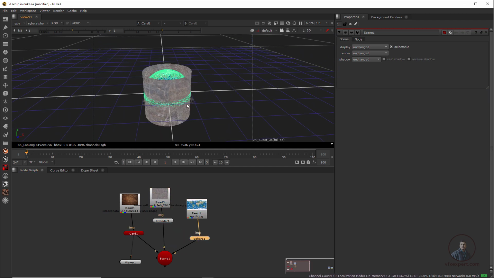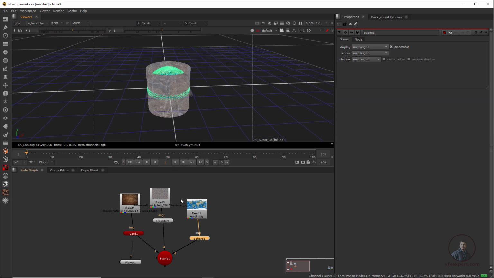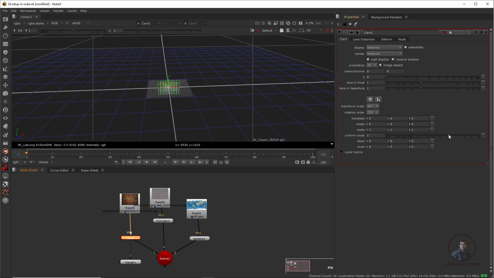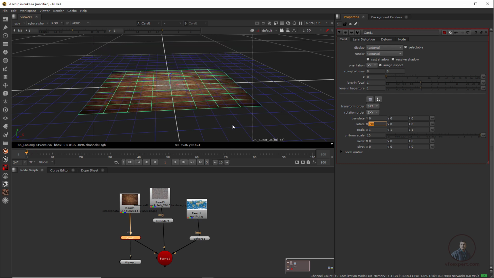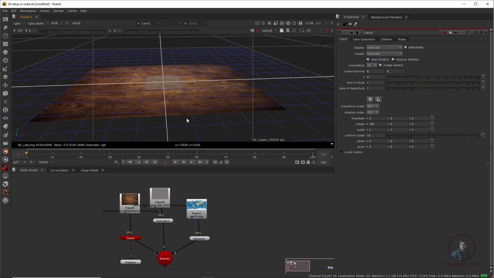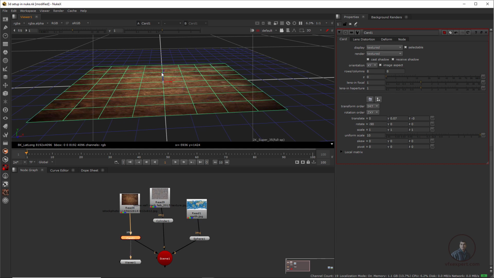So now after this, we have to adjust all of our geometry and create a basic scene setup. So first take this card, double click here, then adjust this uniform scale and I want to place it about this ground here. So this will rotate here. So in x-axis rotate -90 here, then move up a little bit here.